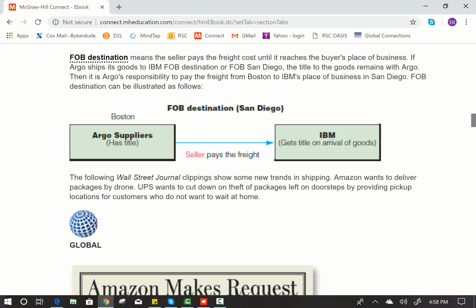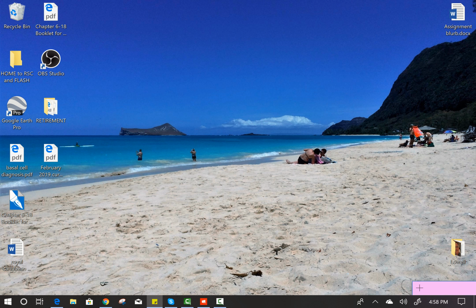and IBM gets the title on the arrival of goods. Okay, let's go ahead and take a look at some of the characteristics that will be common, some of the calculations that will be necessary when we're calculating invoices in this particular chapter. Okay, first of all, I'm going to do this the long way. First of all, say you have a list price of $680,